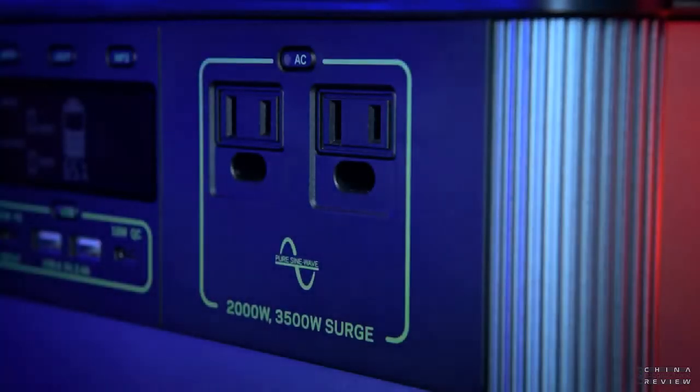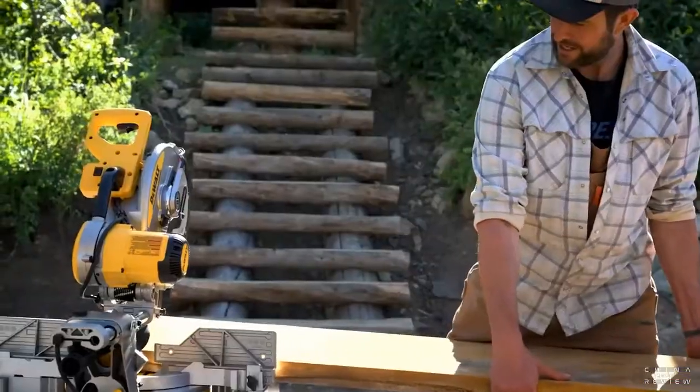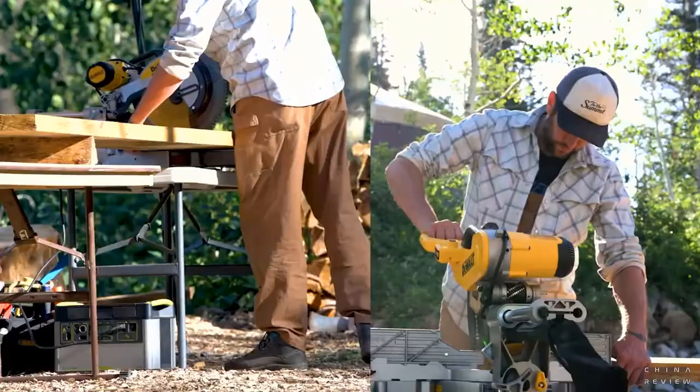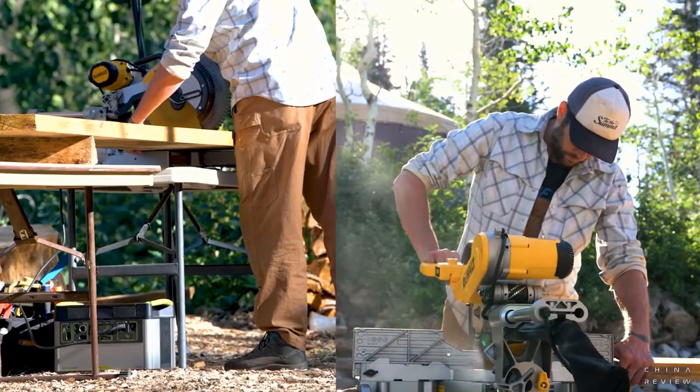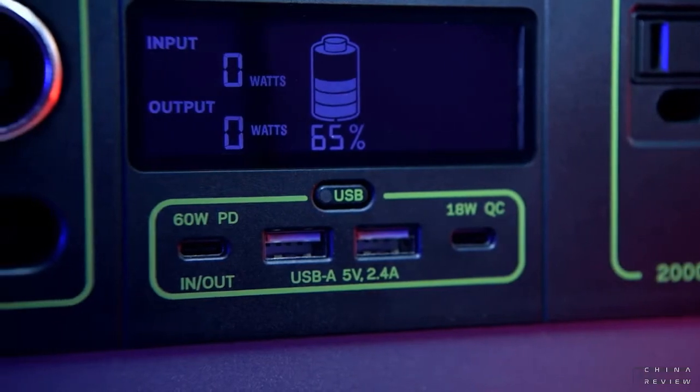2 AC ports with a powerful 2,000-watt AC inverter allow you to run power-hungry devices and appliances with confidence. Our new inverter size can handle up to 3,500-watt surges from power tools, refrigerators, and air conditioners, making it possible to power anything, anywhere. 2 2.4-amp USB-A ports,